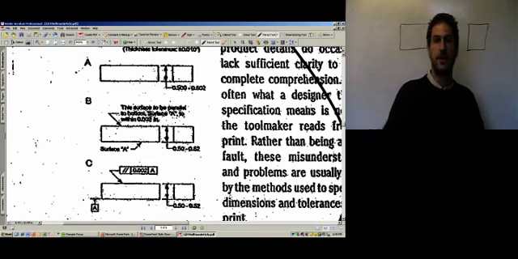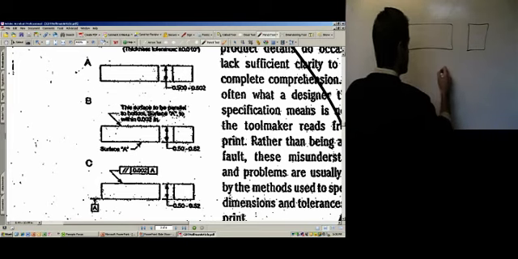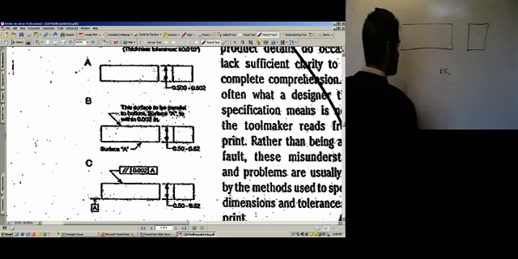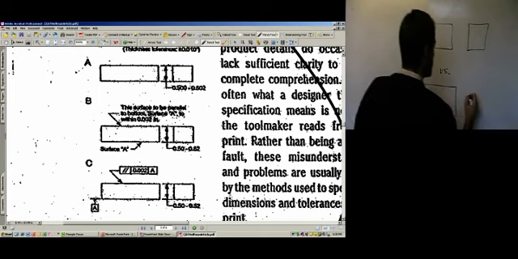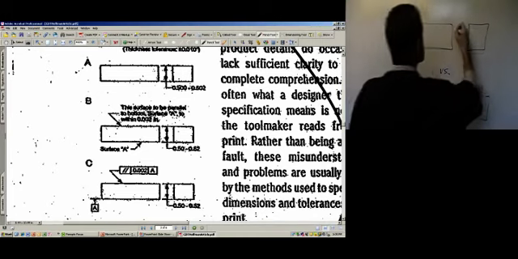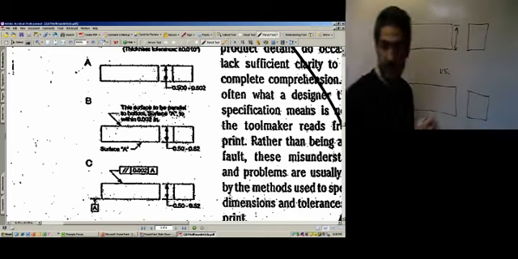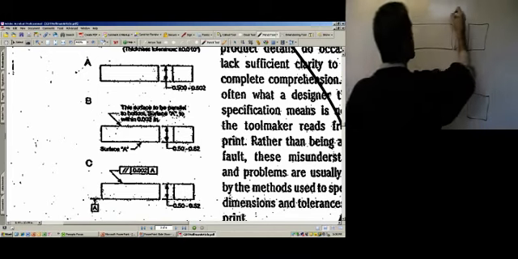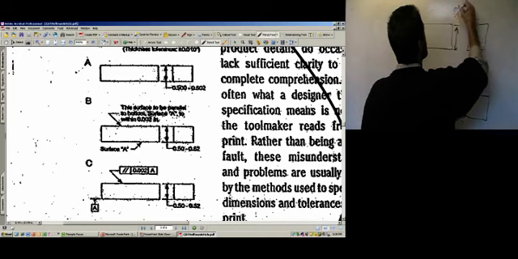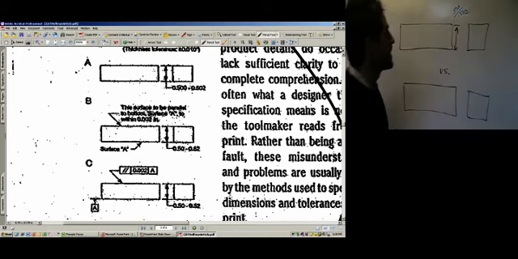Right? So A and C really are the traditional way, kind of the coordinate tolerancing, and then C is the GD&T tolerancing. So I'm going to put both of them here, kind of one versus the other. And the top one, all it has is this dimension, 0.500 to 0.502, right? That's right. And